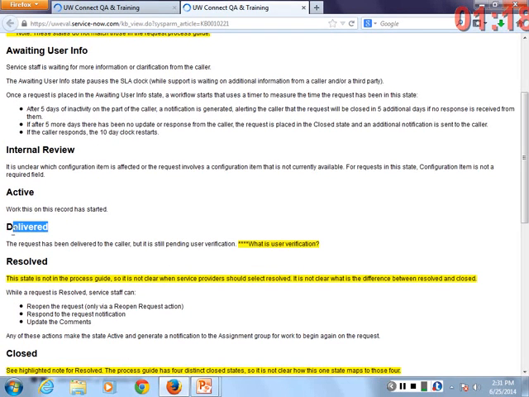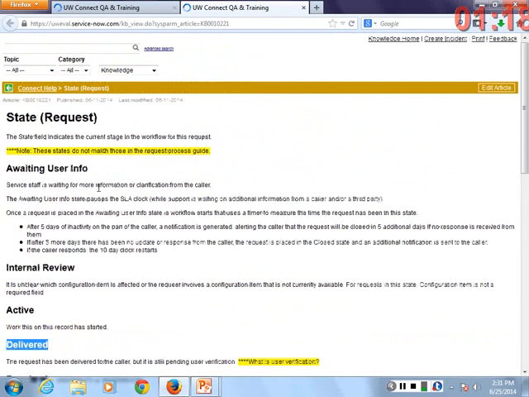Now you might actually understand the status of delivered. You may have a really important request, a VIP. You may actually want to leave it in the delivered state while you wait until you talk to the client before moving it to the resolved state and that automated workflow of closing. That make sense? Great.